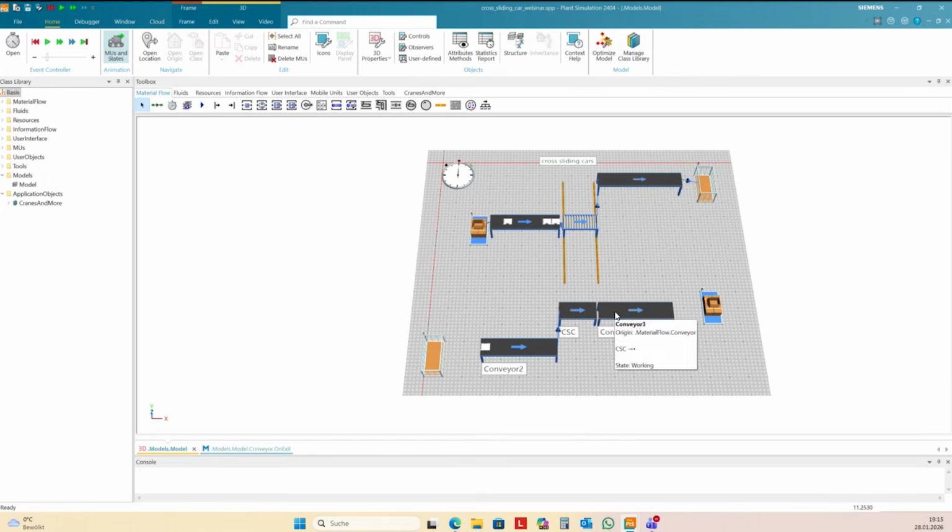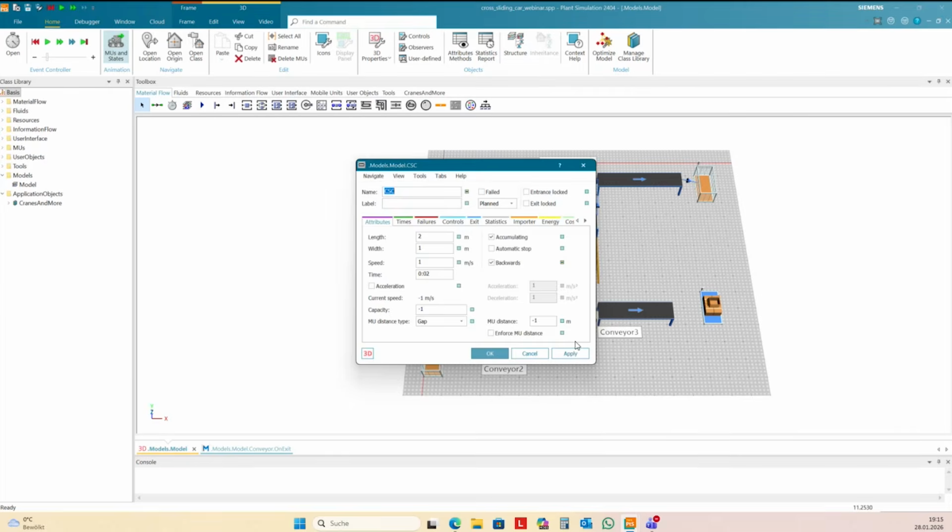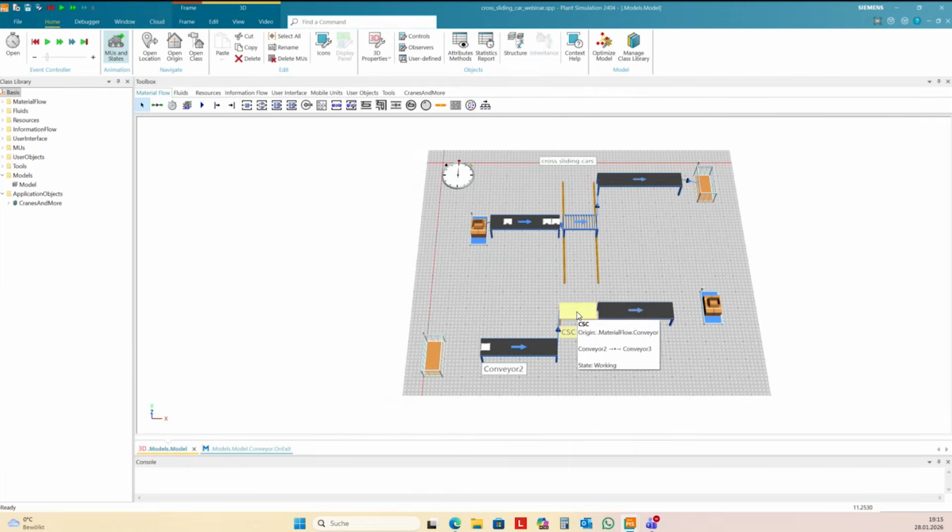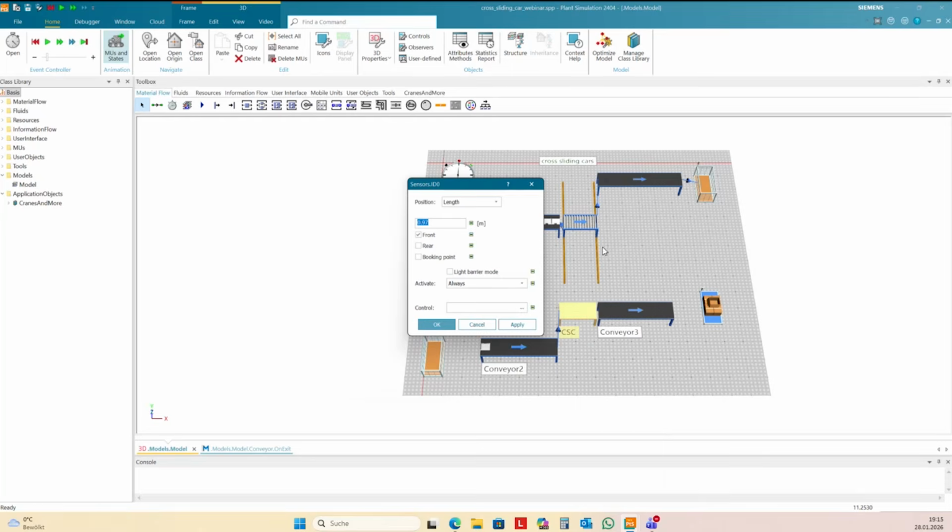And this I can do with the method plate translation. And so I need a sensor here in the mid of the cross-sliding car. It's 2 meters, so I want to have a sensor at 1 meter and booking point here, not front. So it's in the mid. And I create here a control, F4.